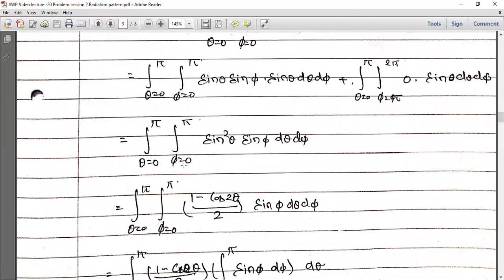Theta equals 0 to pi, phi equals 0 to pi, sine square theta sine phi d theta d phi. When you integrate it, now the integration is very simple. You can write this sine square theta as (1 minus cos 2 theta) by 2, and when you perform double integration,